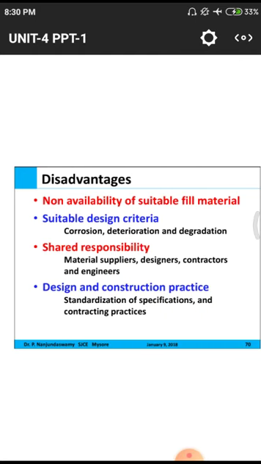Material suppliers, designers, contractors and engineers have to maintain a responsible nature. That means whenever there is a small leakage, the suppliers need to give a buyback and replace those materials with other materials. That is the responsibility of the suppliers. If the suppliers are very good, automatically we get good warranties. If the materials are very cheap and of low stability, then we won't get these kinds of warranties.